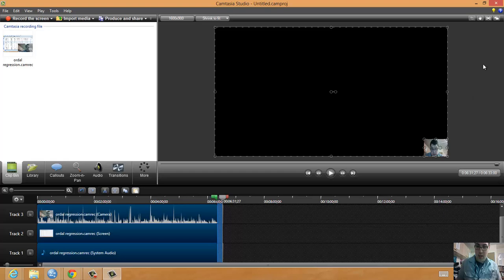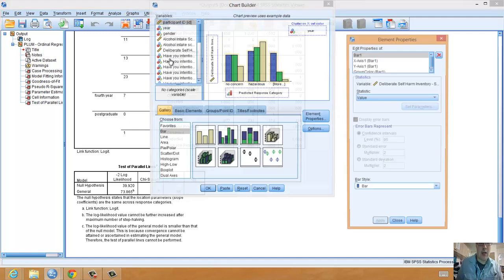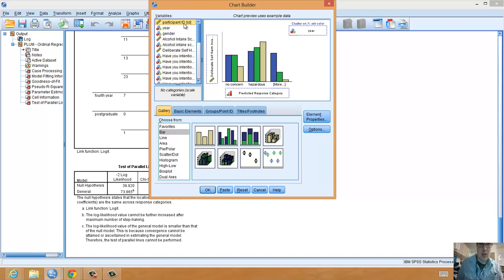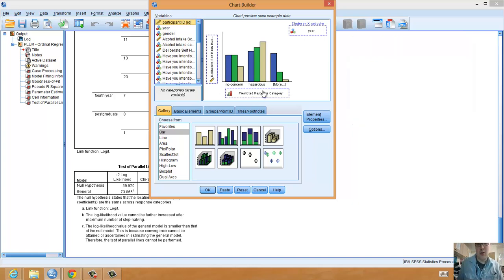Well, I remember the last thing you'll want to do is just have a quick look at the graphs. So remember that I told you to save the predicted scores. So if you go to Graphs, Chart Builder, you want to put your predicted scores down here. You can put year down here, and you can put deliberate self-harm down here. Your predicted scores just tell people what categories they're likely to fall into. Yeah. And then if you click OK,